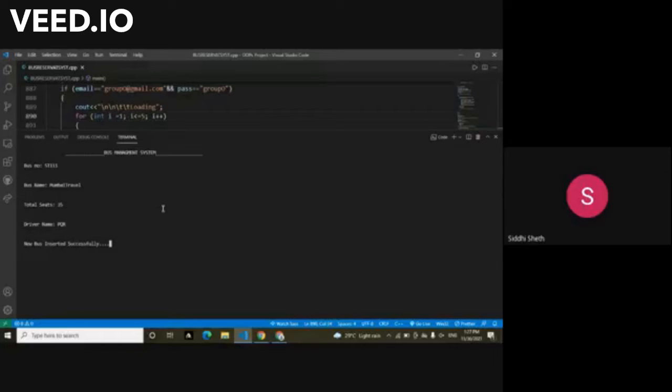Here we can see the bus is inserted successfully. We can check if the bus is added or not by view bus details. You can see the Mumbai Travel named bus is added successfully.